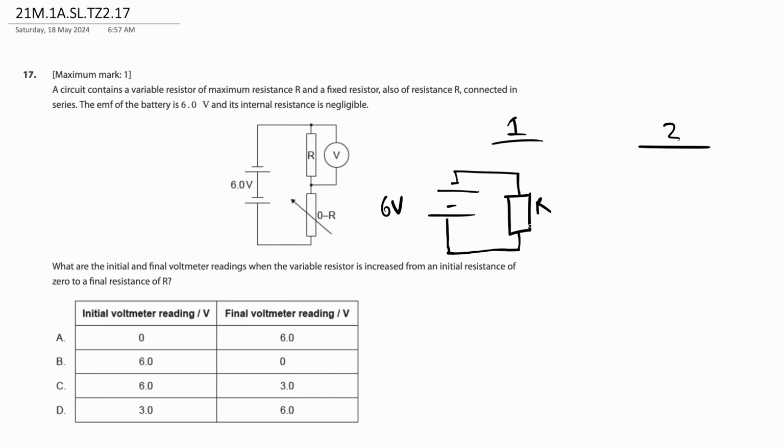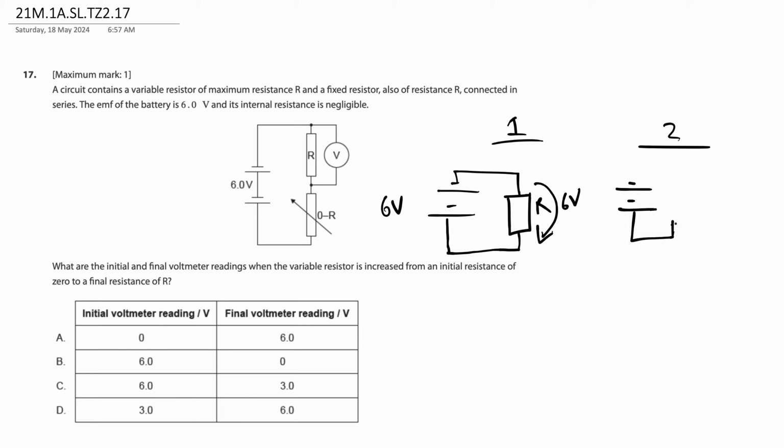Because we split potential with ratios of resistance. When there's only one resistor, we don't need to split it into anything, it gets the full amount. So the initial reading must be 6 volts. So it must be 6 volts. In case 2,